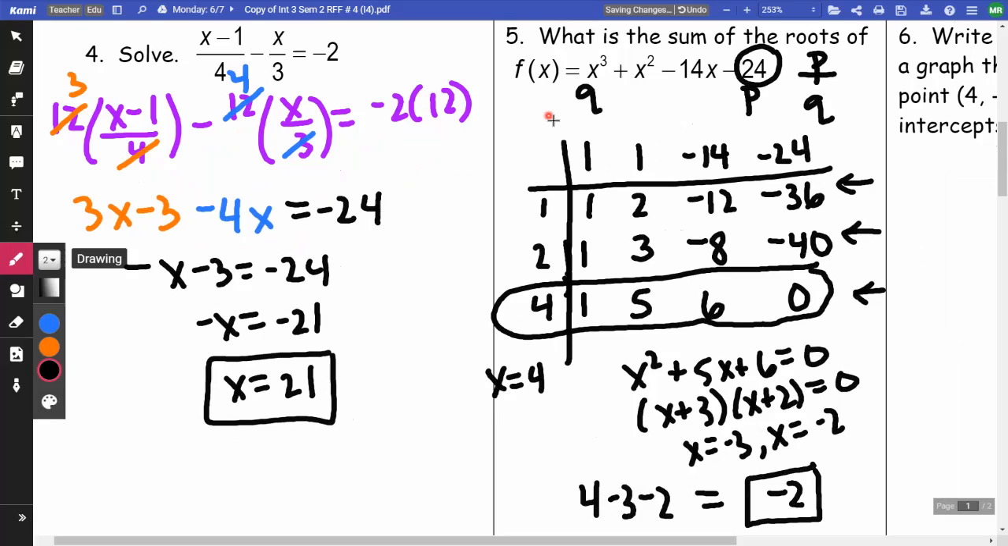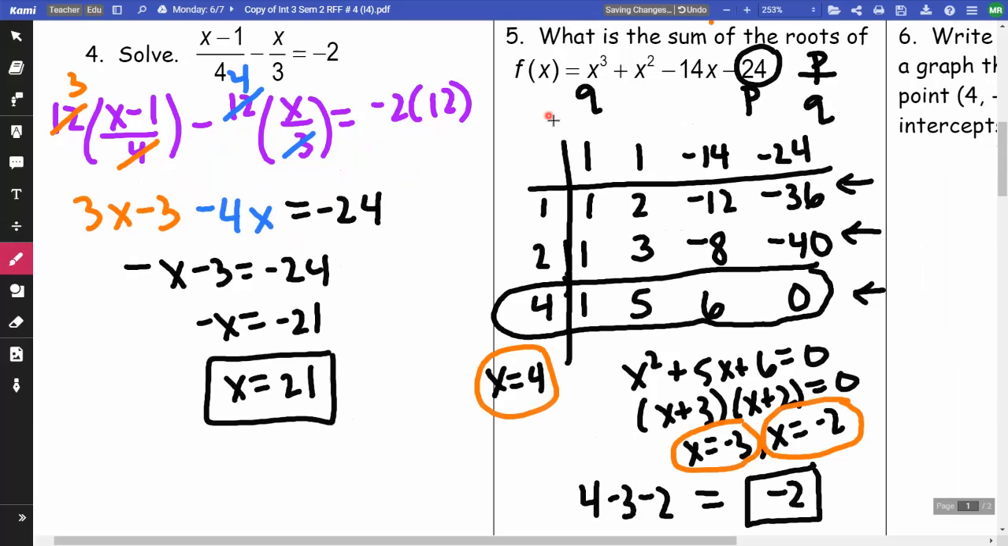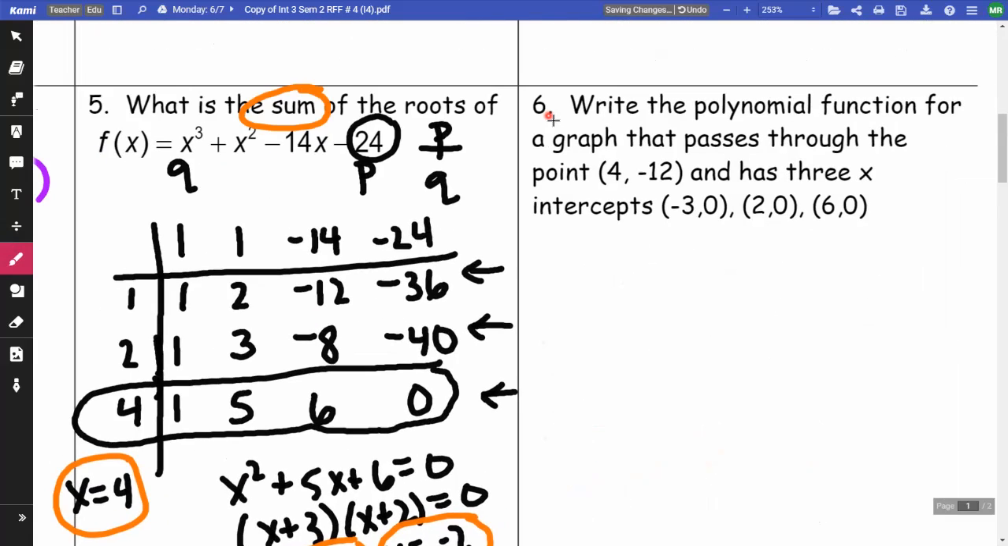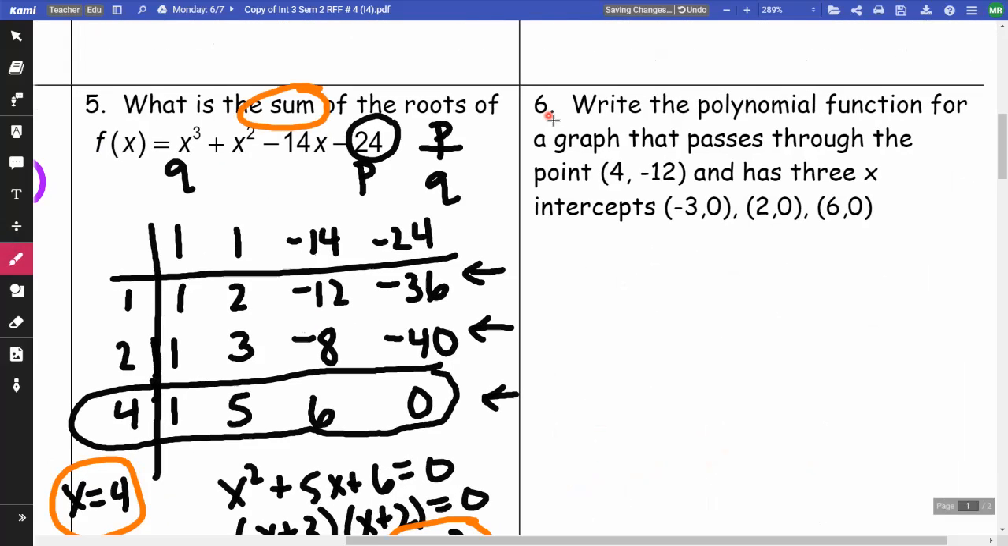Okay, so the answers that I got: a 4, a negative 3, and a negative 2, but they wanted the sum of them. So I'm going to add them up. Okay. On number 6, so this is going to be y equals a times, and the negative 3, 0 came from